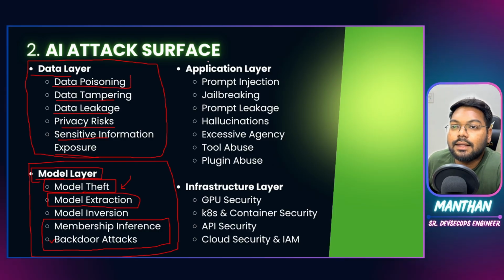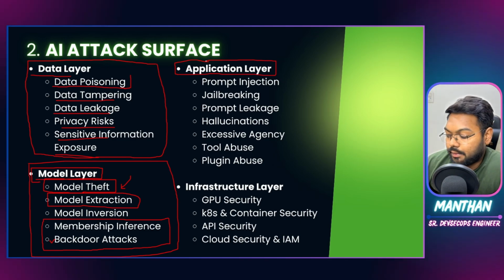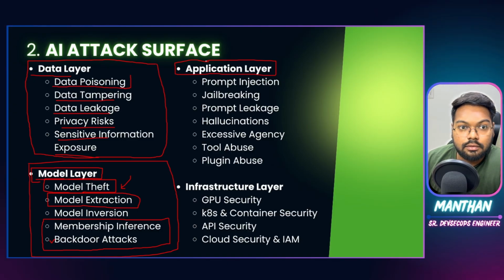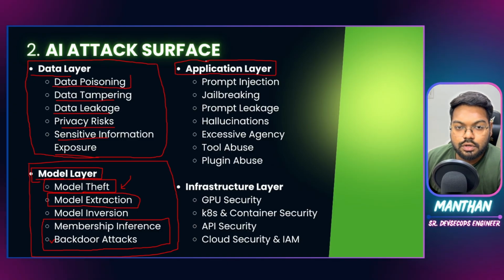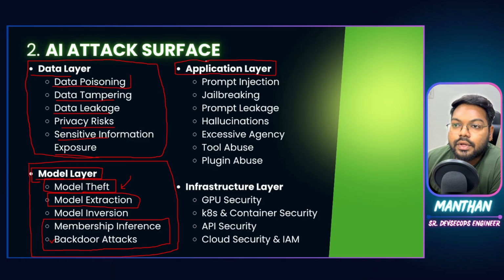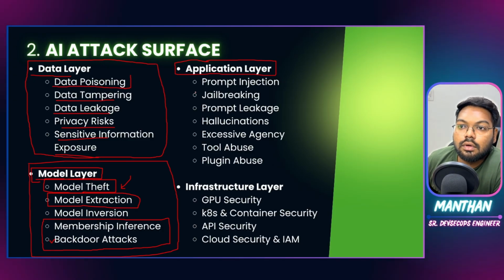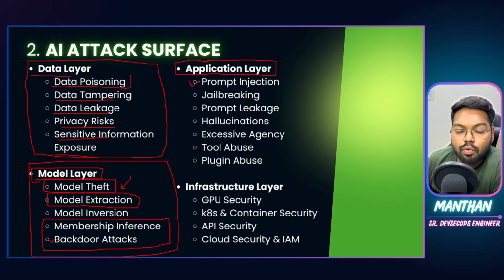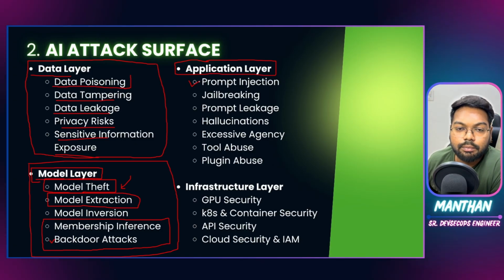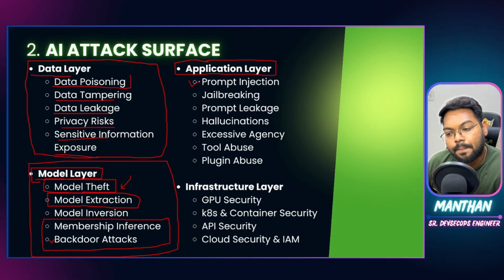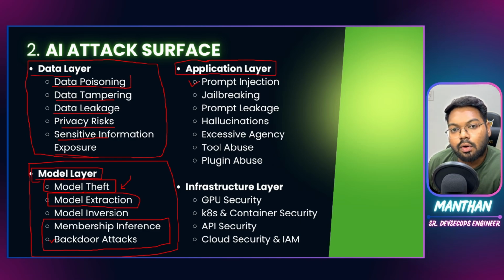But yeah, then application layer, you know how your consumers are going to communicate with your model. It is basically through the application layer that is exposed to the internet facing world. So what it could do, you could create a malformed prompt and ask the system to do something that it is not supposed to do. That is called prompt injection. To give a prompt in a certain way so that the model performs something that is restricted, that is prompt injection.